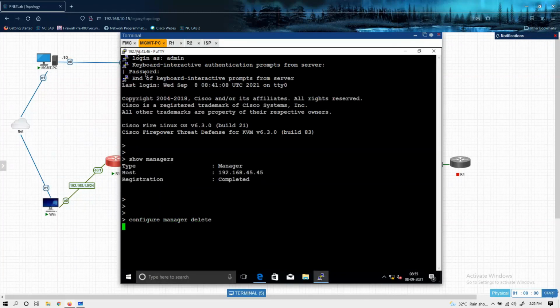अच्छा, तो CLI और GUI दोनों जगह से डिलीट करना पड़ेगा? FMC GUI से और FTD के CLI से. ये CLI FTD का खुला हुआ है क्या?